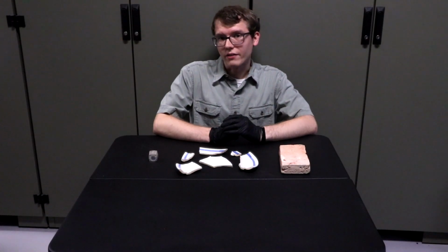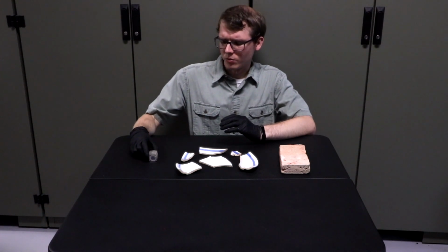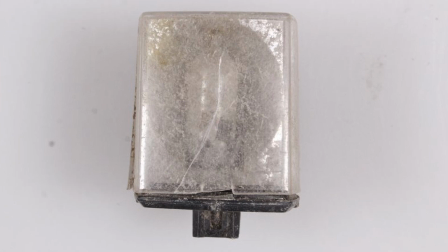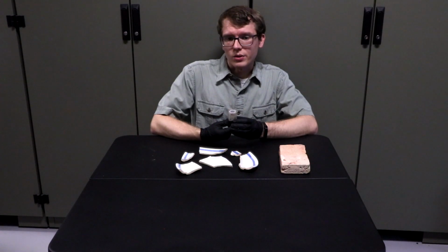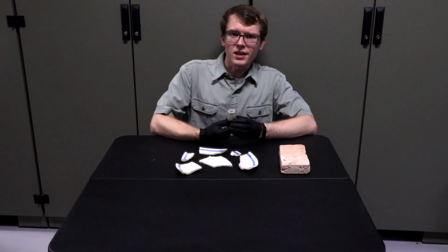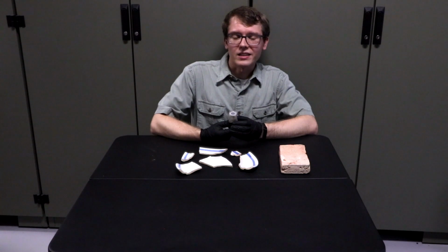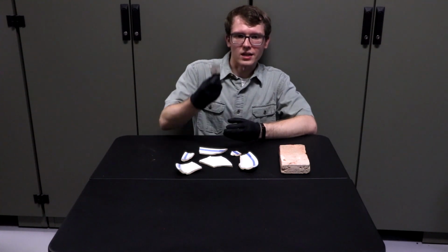The final example we have here today is something a bit more modern. It's a plastic flash cube which was found during the excavation of the French ovens in the year 2000. It was made by the electronic company known as Sylvania, and we estimate it was manufactured sometime between the late 1960s and the 1980s. Now, the way this device would work is you would mount this on top of your